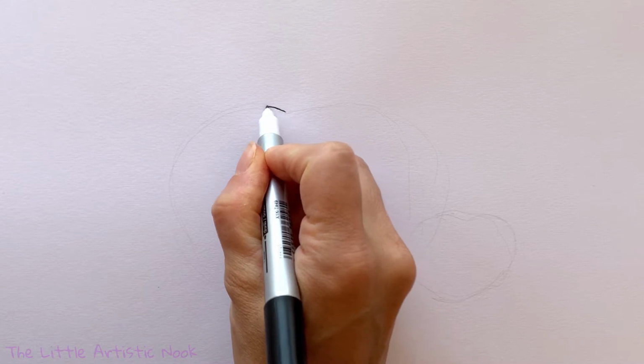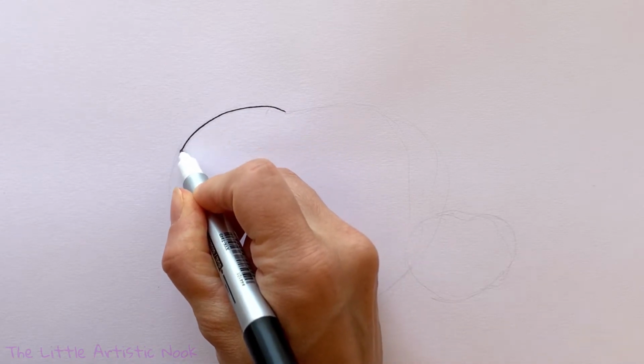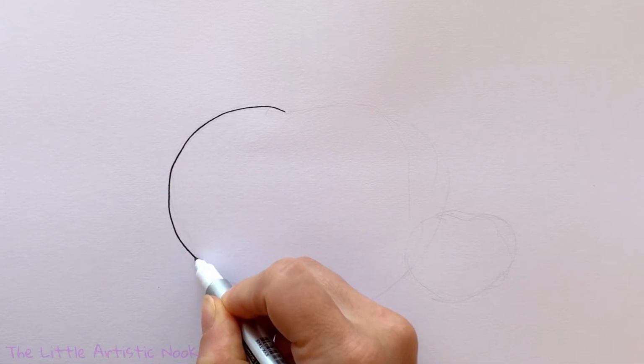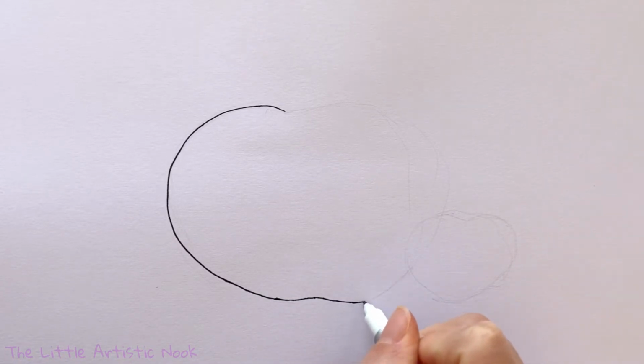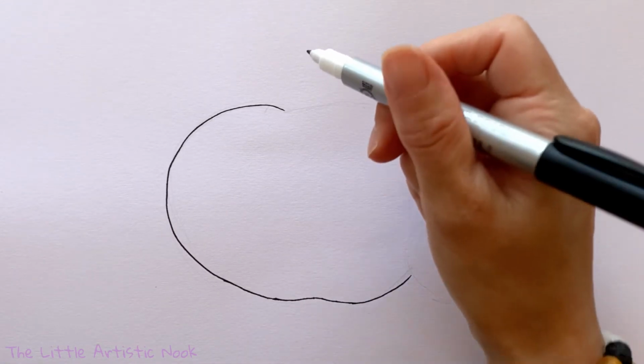So starting at the center and the top, I'm going to bring a curve out and around towards the left side. If you've gone ahead and drawn a pencil shape, then this would just be when you're going to start outlining that. And if you're starting from this point, then you can just follow along with my instructions here. As you come towards the center, you're just going to create a little bit of an upwards curve right across that center so that your pumpkin almost looks like it's just sitting on a little upside down V,